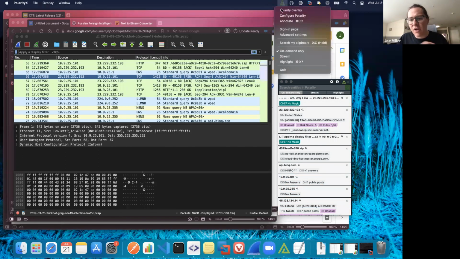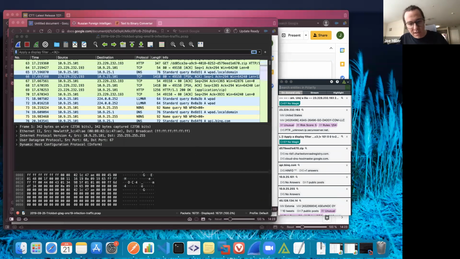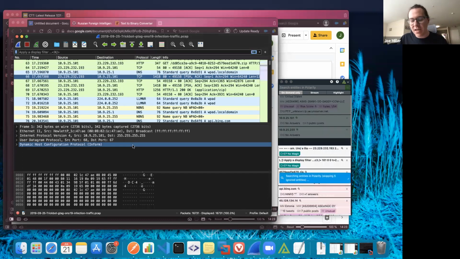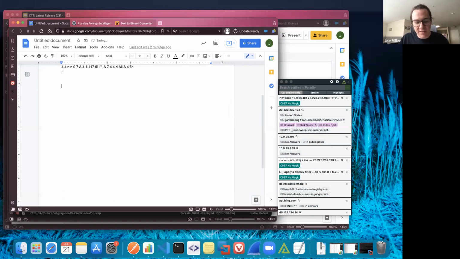This is off by default just because if you're using the mode a lot, it will pop up the annotation window all the time. So I don't recommend running it unless you're really trying to annotate information a lot. So again, I just want to showcase the power of the mode. Take all that data that you have, paste it somewhere else,